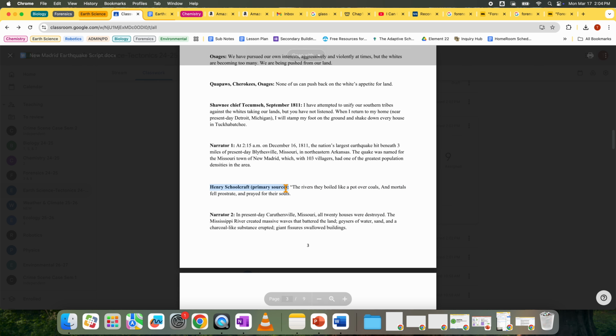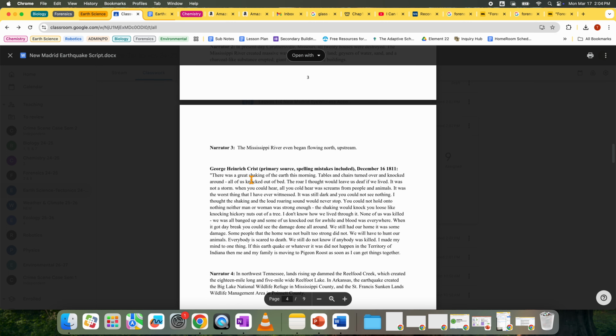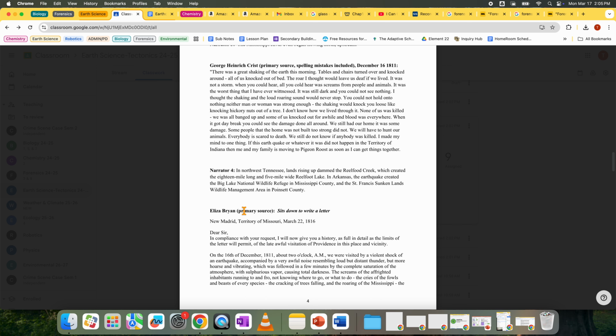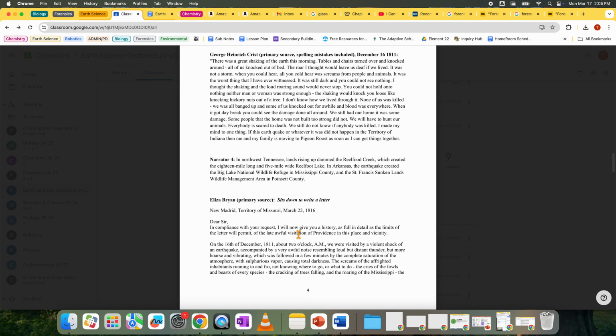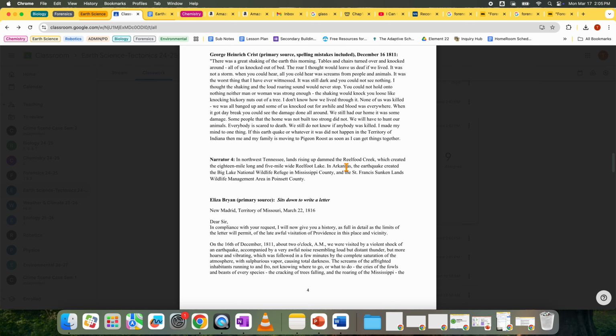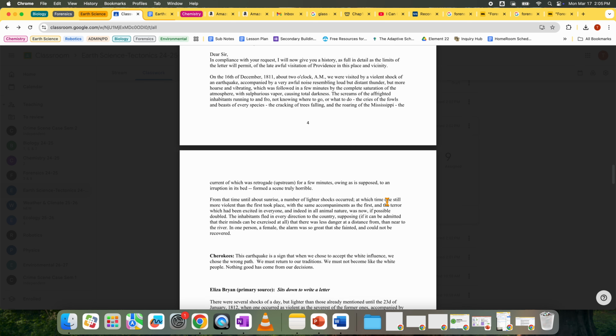Now, these might not necessarily be, this early stuff, but once you get into, like, this one tells you it's a primary source. Okay. Typically the people in it are primary sources. It'll let you know if they're primary sources. Those are the ones I want you to focus on, but some of the other information will give you some background on what might have been going on at the time.